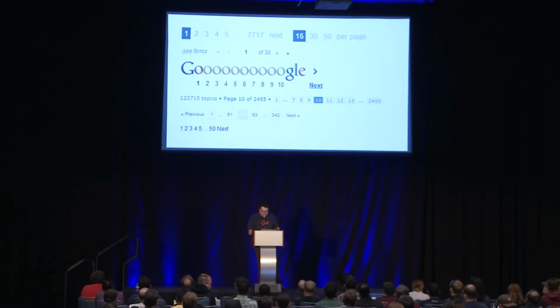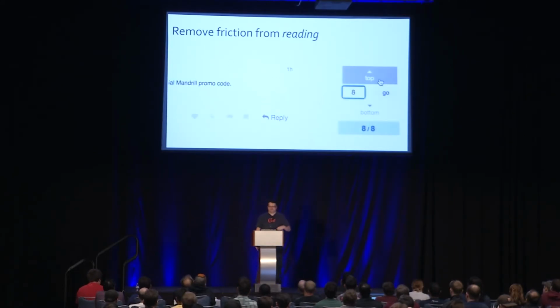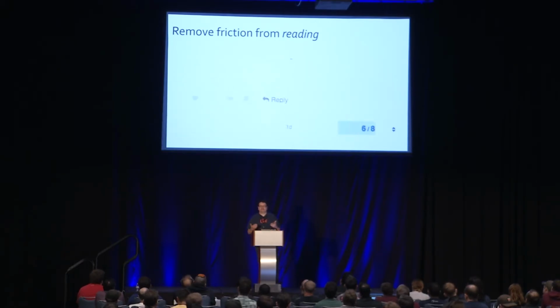So when you scroll down, stuff just keeps coming, right? You don't have to click next page. You just scroll, scroll, scroll, and as you scroll, you get more stuff, right? That was built into Discourse from day 0 because I want people to read the stuff that is written here. So the more barriers I can remove from their reading, the more they're going to read statistically, right?